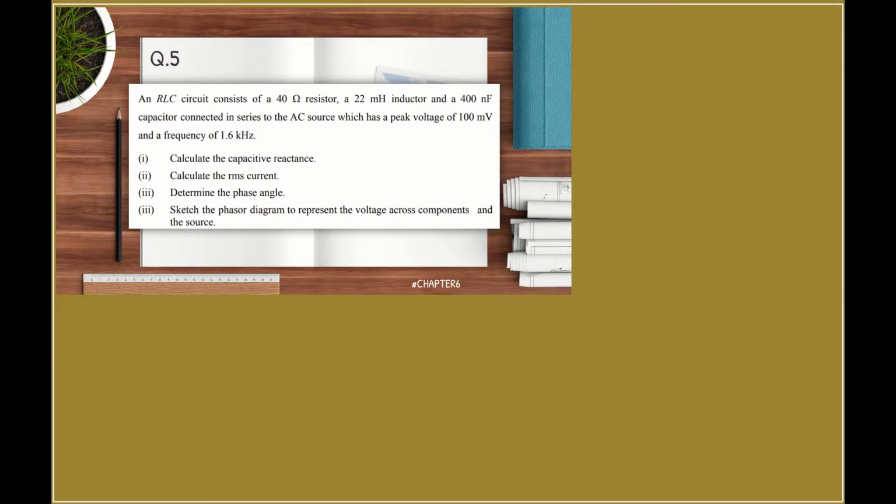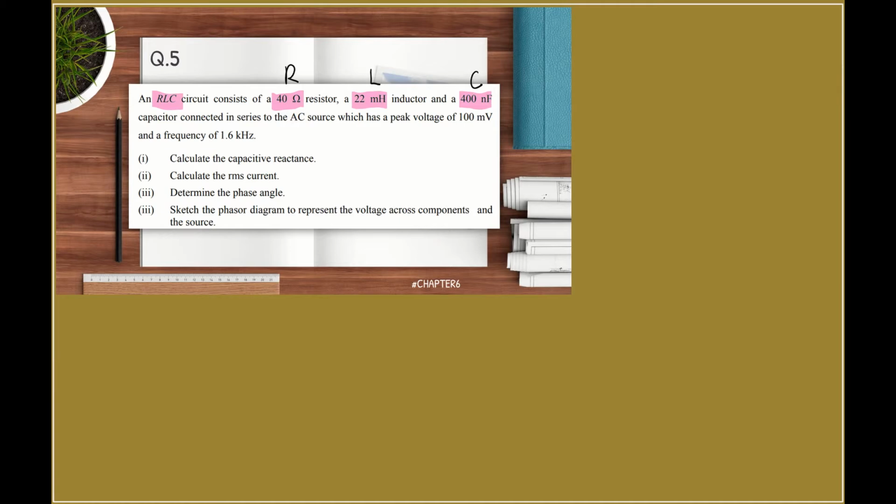The last question of this week is about an RLC circuit. It is already mentioned in the question. It consists of a 40 ohm resistor, a 22 millihenry inductor, and a 400 nanofarad capacitor. So we are given R, the value of L, and also the value of C, connected in series to